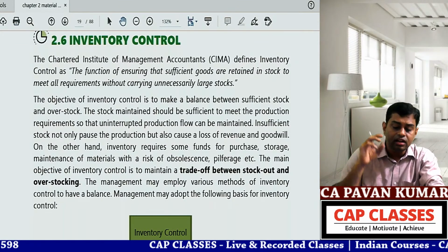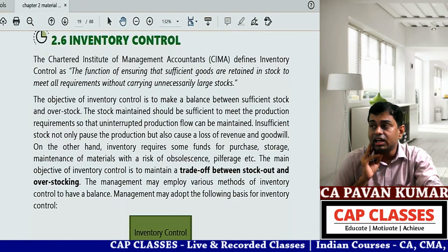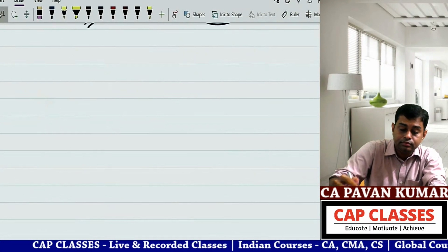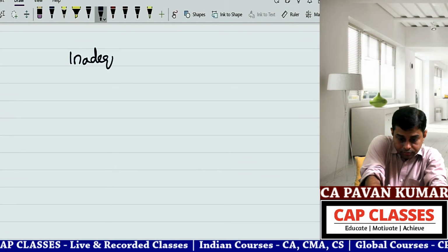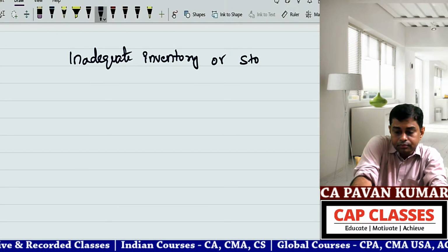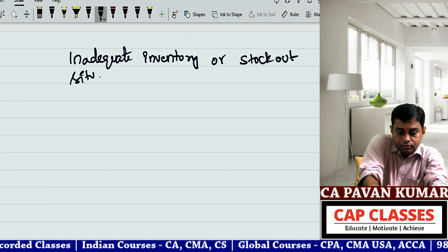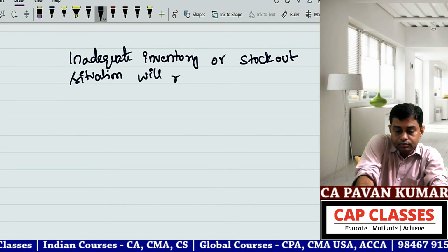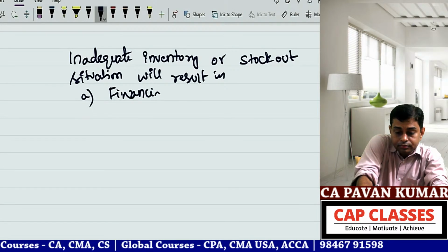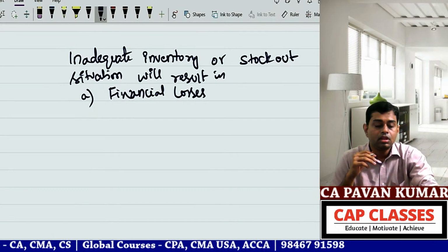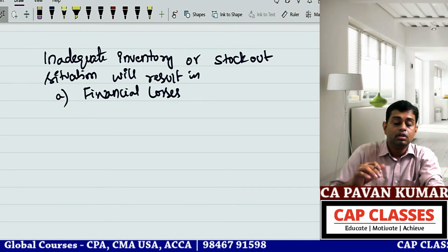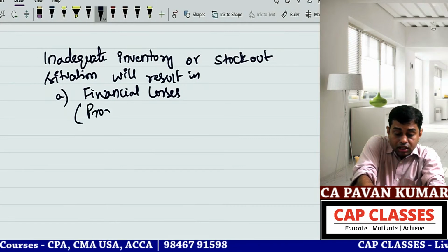Okay, next point. Inadequate inventory or stock out situation will result in financial losses. What financial losses? In brackets write down production interrupted,